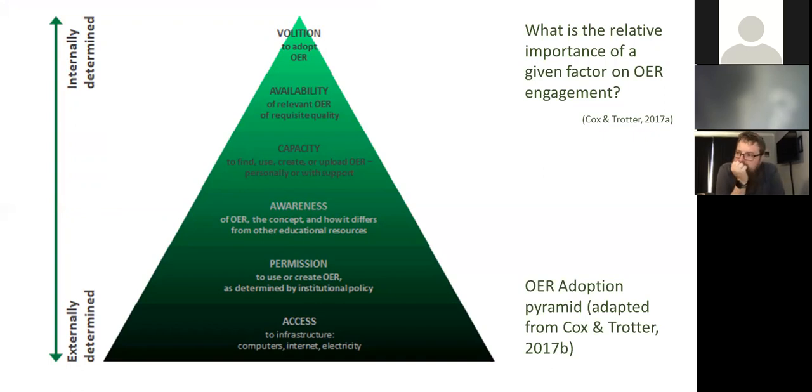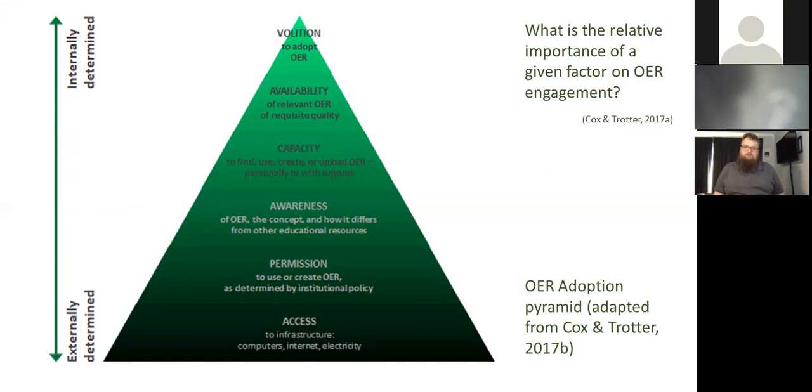So at the bottom, we've got access to infrastructure. It's the institution that decides whether enough computers are provided, whether the internet connection is adequate, they decide about the broadband and such things, and maintenance of electricity. And this level was very important in South Africa because infrastructure cannot be taken for granted. Then you go up to the next level. Okay, you have your infrastructure, great. That means you now have access to the next level, which is legal permission to use or create OER as